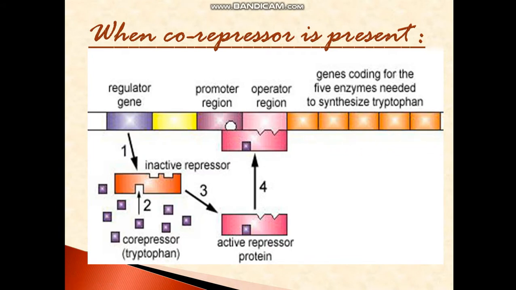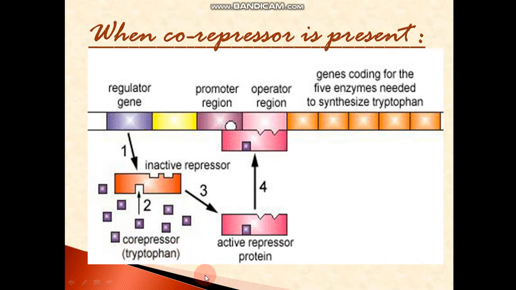You remember how the structural genes were expressing themselves? By the production of tryptophan synthetase enzyme. But when the operator region has been occupied by the active repressor, synthesis will not take place, and of course the tryptophan will not be formed. Why has this happened? Because an excess amount of tryptophan is already present.